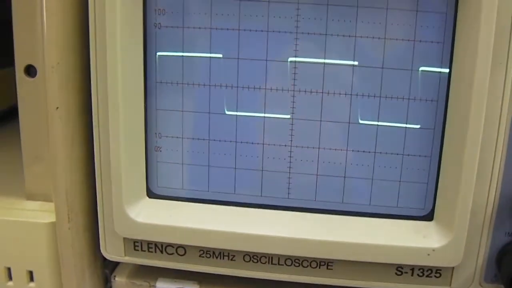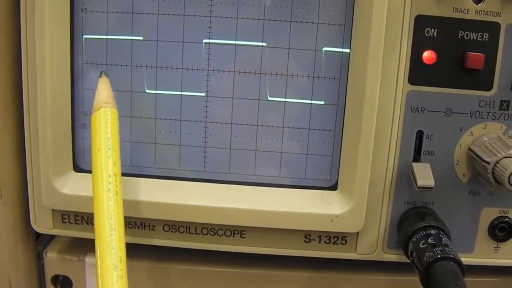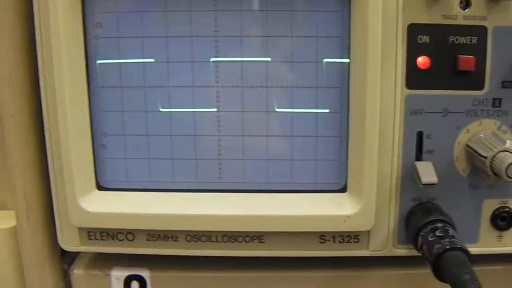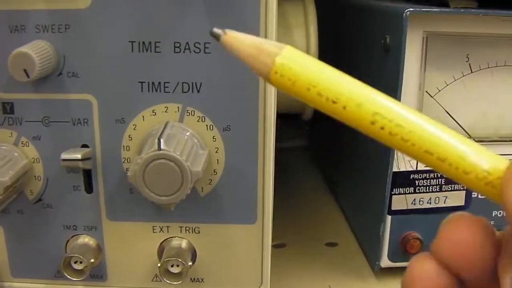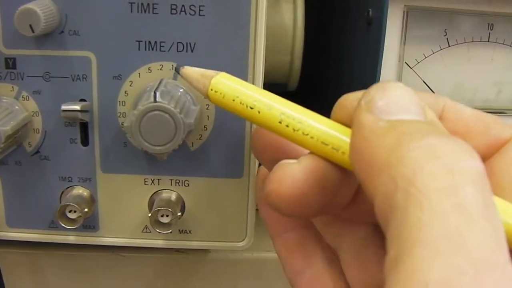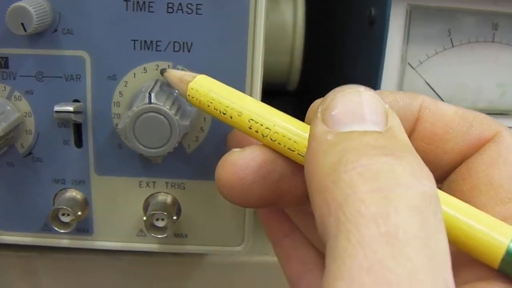Well, how do I use that? I would take the number of divisions, which is 5, and multiply that by what the time per division is set to, which in this case is 0.2